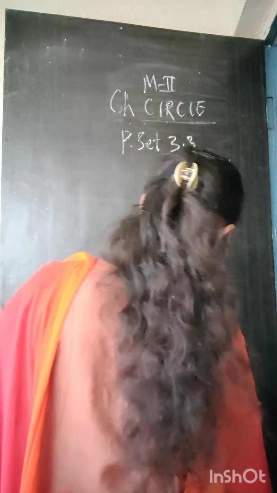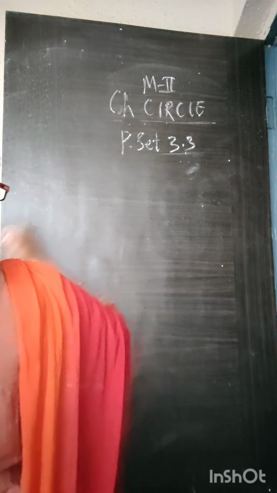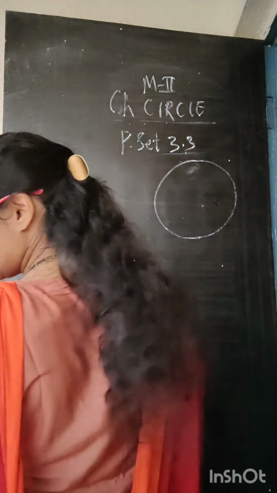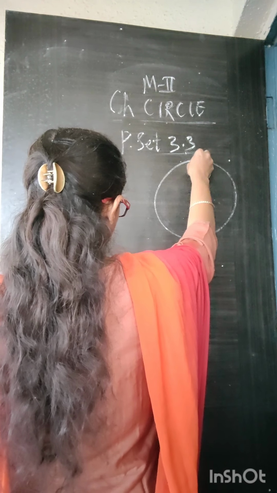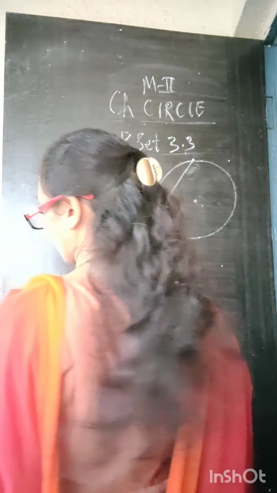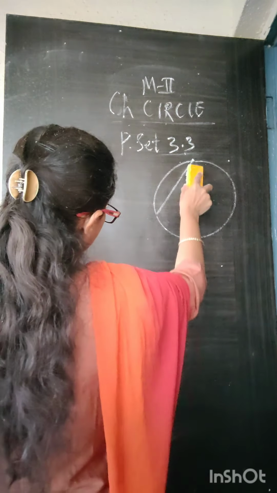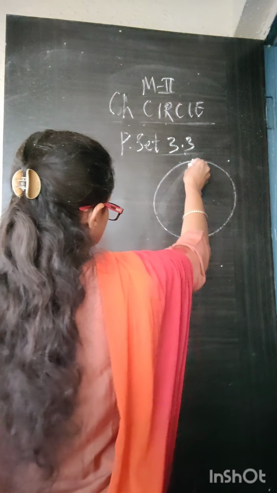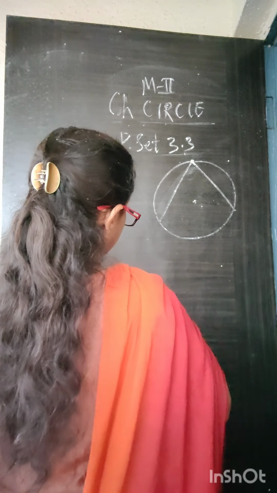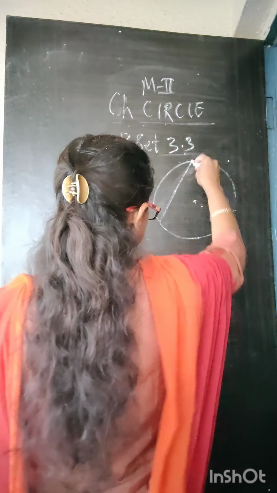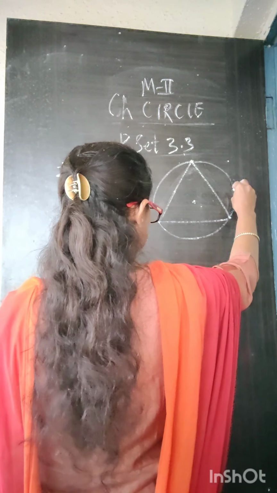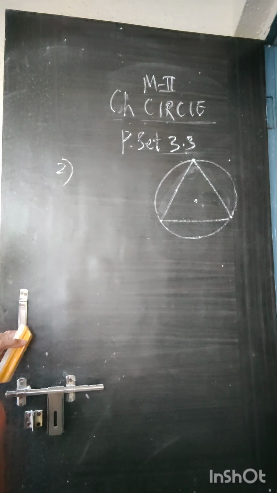For the next question, let us draw the figure. That is question number 2. Right? The circle is given, and circle is with us with a particular center, and a triangle is drawn, which is an equilateral triangle. How will I draw the equilateral? I should have drawn the triangle first, no? Otherwise, how will I get the equilateral triangle? Will I get an equilateral triangle like this? Somewhat looking like equilateral triangle now. Yes, so this is my equilateral triangle.